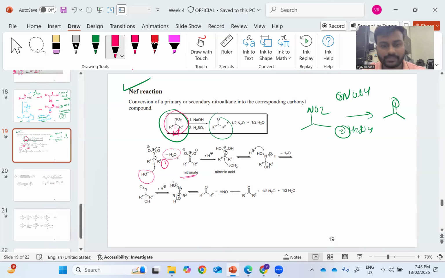The first step was the base one, right? Now, once we got this intermediate, we do the reaction with the acid. This will convert into the nitronic acid because we are using H plus, right? So the nitronate converts into the nitronic acid. And once this nitronic acid is formed, in terms of acids, what happens? The dehydration occurs, and this is the NO bond formation. On hydrolysis, the NO converts into